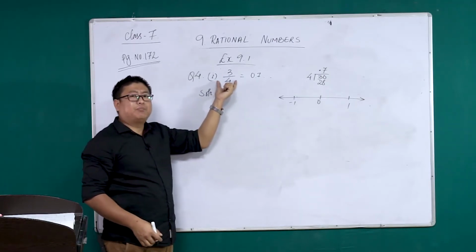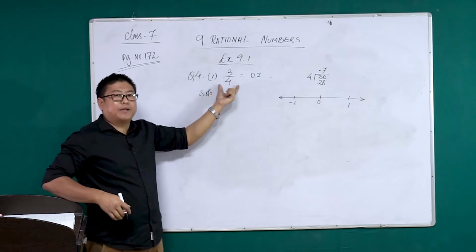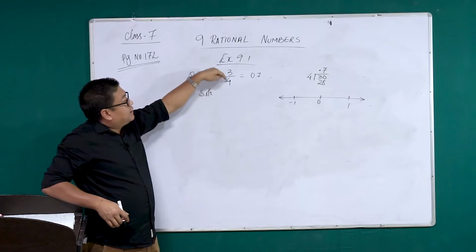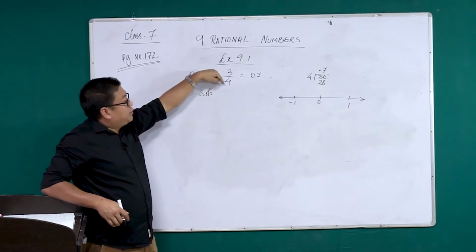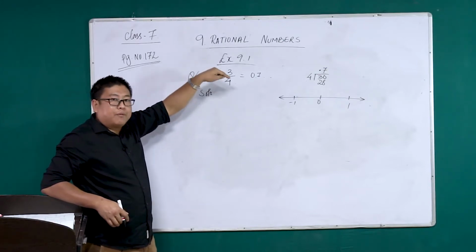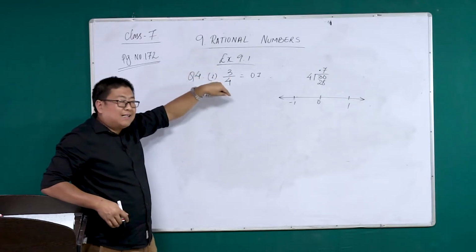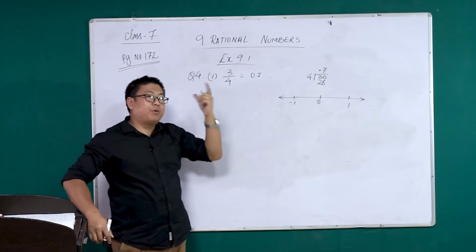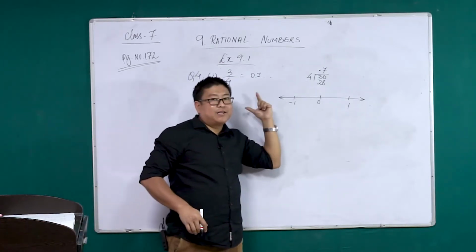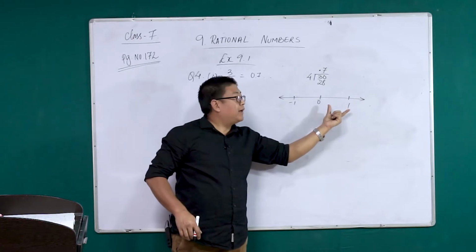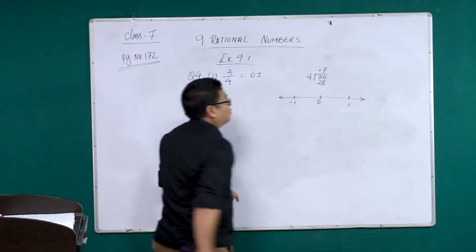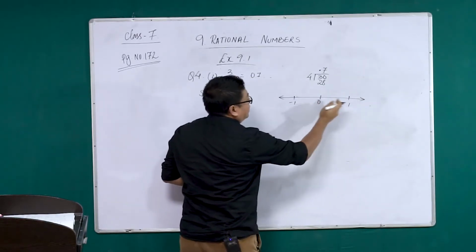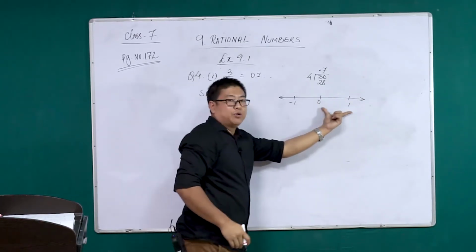You can check if this is a proper fraction or an improper fraction. We can see that this is a proper fraction because the denominator is bigger than the numerator. If the denominator is bigger than the numerator, we call it a proper fraction. If the denominator is less than the numerator, we call it an improper fraction. Now for every proper fraction, the rational number will lie between 0 and 1, alright? The rational number will lie between 0 and 1. So we will draw the rational number in this manner, and since it lies between 0 and 1, we will mark in between 0 and 1.